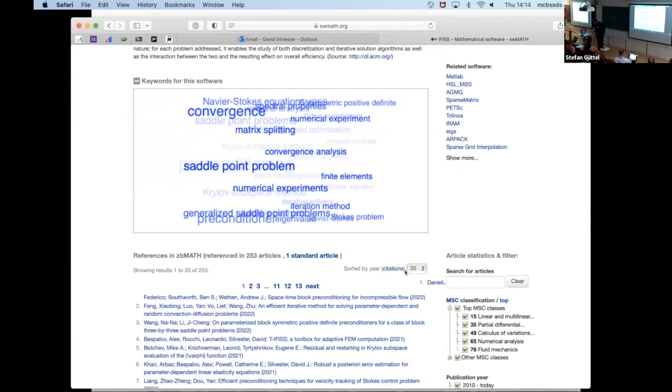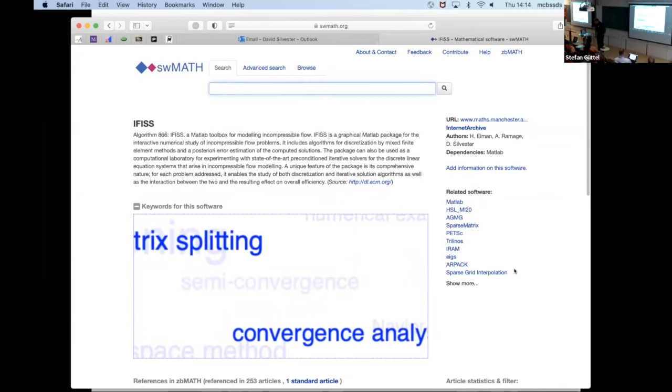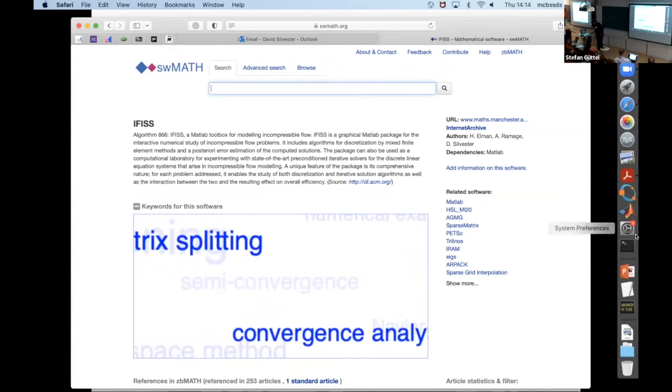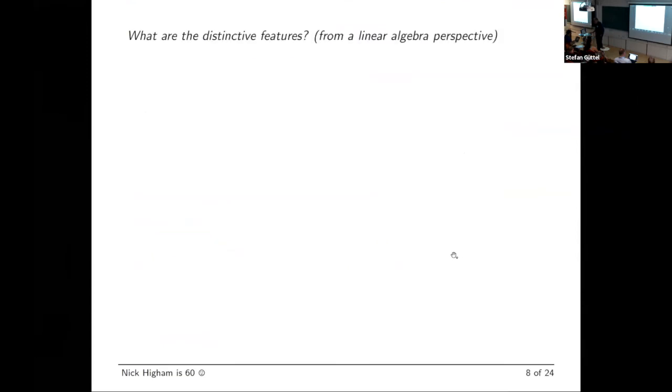I won't say any more about that other than I like SW Math, but then also back to TOMS, you don't actually reference the software, you need to write a paper about it. That's why you need TOMS. These are not direct references to the URL of the software, they're references to the ACM TOMS article, okay? Good, so we can see that we're doing something good with SW Math.